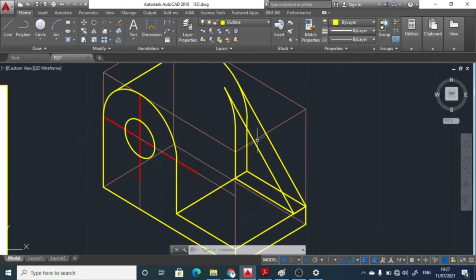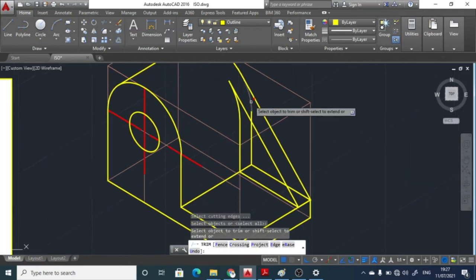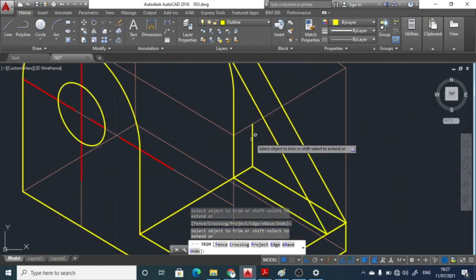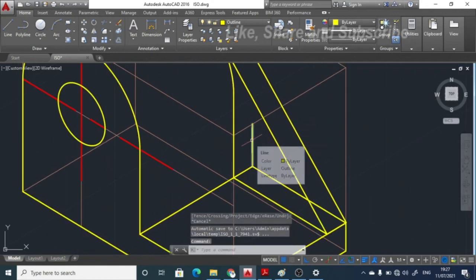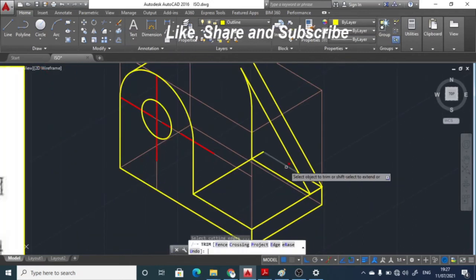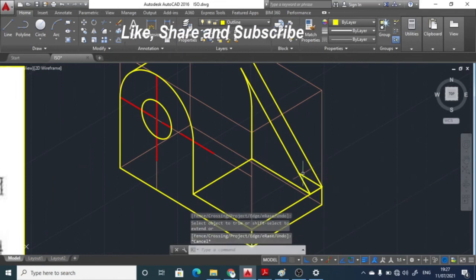But whenever we see this rib, some part will have to be trimmed over here, because we are drawing the diagram in the 3D format. So right here, TR double enter, trim. We're going to trim this curve, this part, and this part also, because that is the backside part of this rib, and the backside part will not be visible to the observer. We are drawing the 3D diagram, so we'll have to delete or trim this particular line.